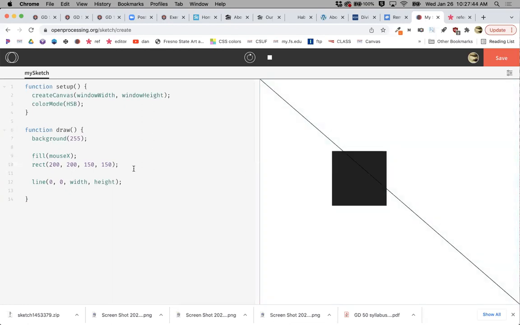Oh, I still have my rectangle in there. I'm going to get a line going across the screen like that, because 0, 0 is here, and then width and height is going to be down here. So you can use those, and it's kind of nice if, say, I wanted this square to be directly in the center of the screen,